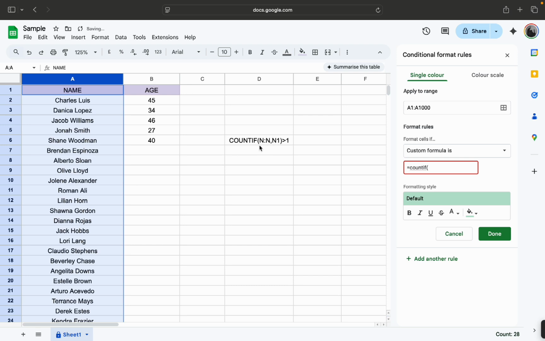As for the end, you just want to replace that with the column that you're trying to search in. So for my case, it's going to be column A. So I'm going to put A. So as you can see, it already highlights the entries that has duplicates,